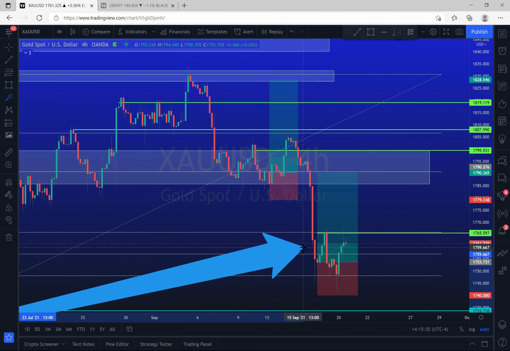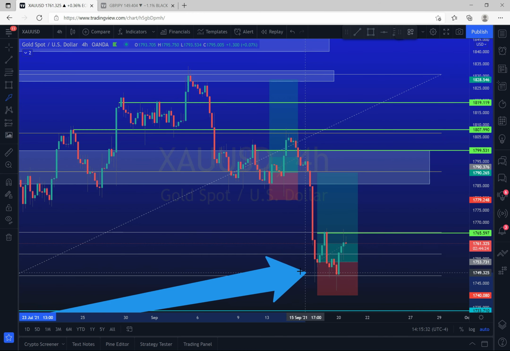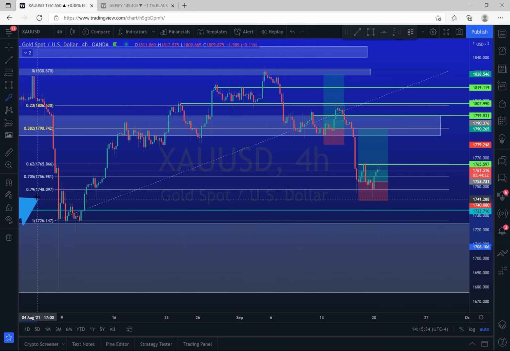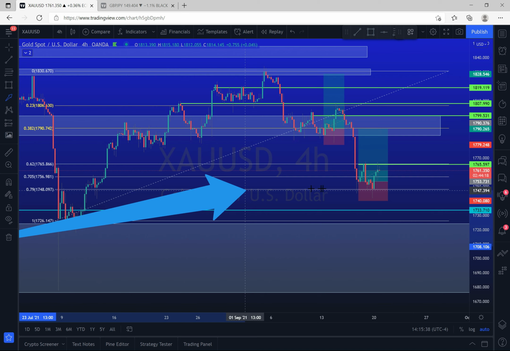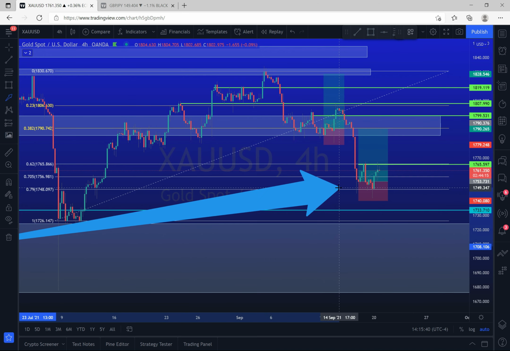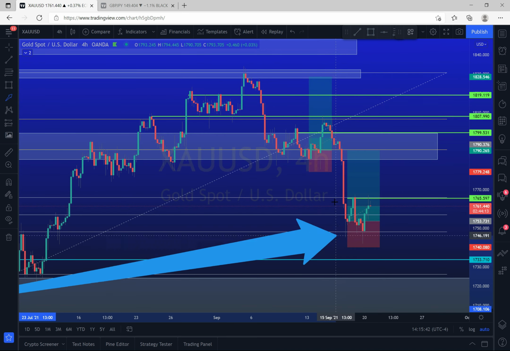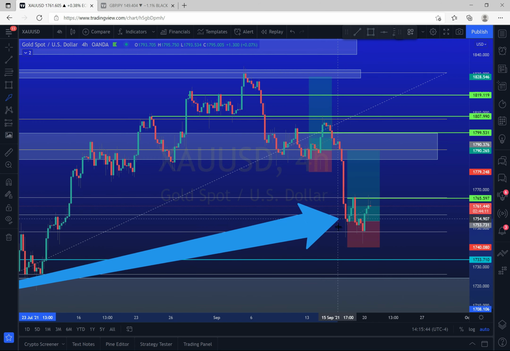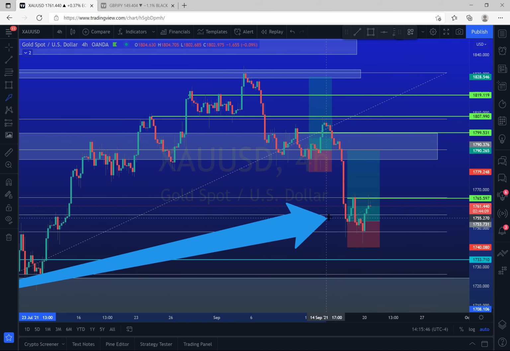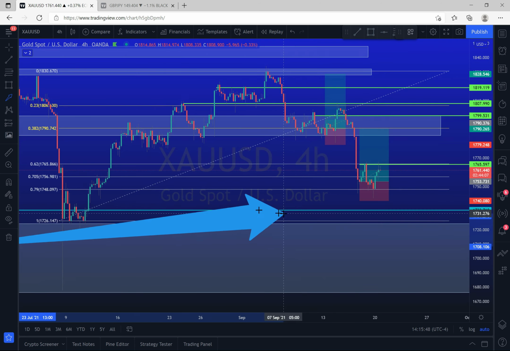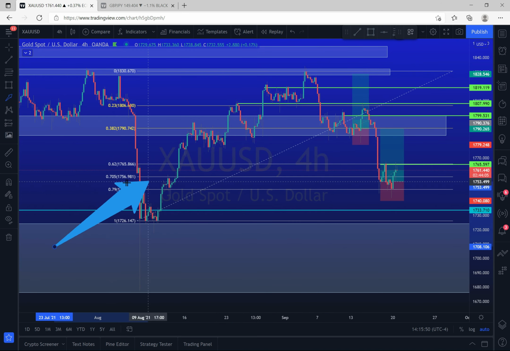As you see, it did touch the fib levels. It came all the way down actually to the lowest fib level of the 0.79 retracement, which was 1748. We didn't anticipate this much of a drop, but it did. And that's what happens sometimes. I mean, this is a fib level. We could have either one of these three. Most likely the middle one would be the best one that you would aim for, which is the 0.70 or